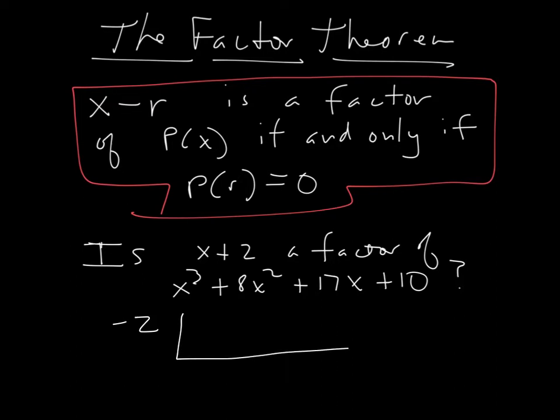Then we're going to make our little L. We have 1, 8, 17, and 10. And here we go, synthetic division. Drop down the 1, multiply, add, multiply, add, multiply,